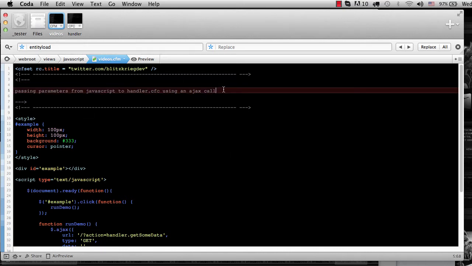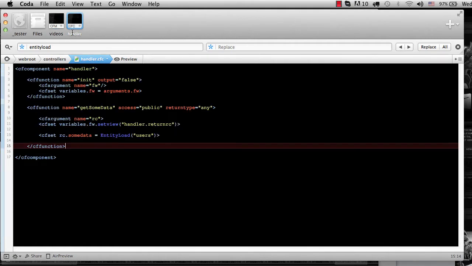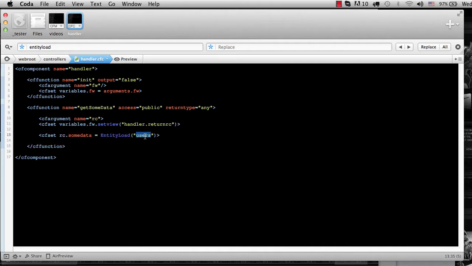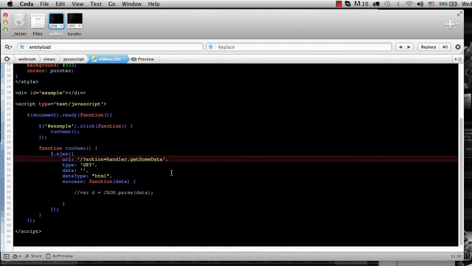This tutorial will be on passing parameters from JavaScript to a handler CFC using an Ajax call. From the previous tutorial we had handler.getSomeData, and we just did an entity load on our users table and brought the data back here in a for loop, and then we did some div cloning to display the results. This time we're going to send data, so we're going to change this function to send some data,